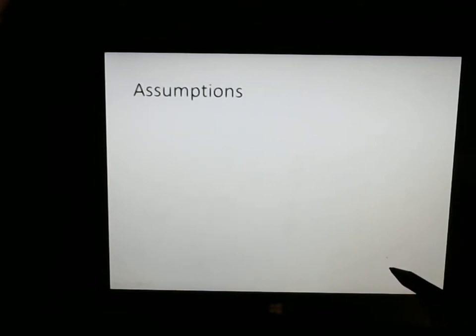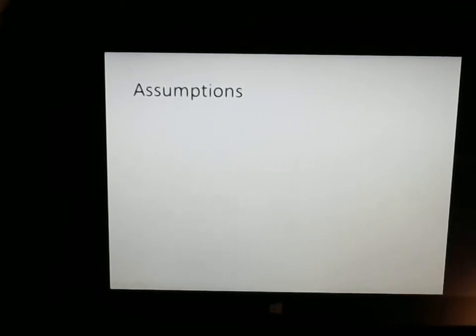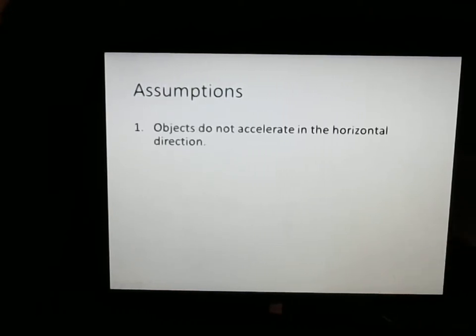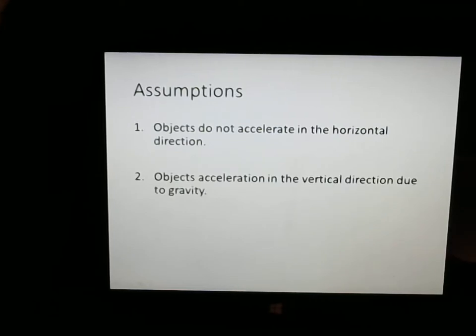So before we get started with projectile motion, we need to remember a few assumptions. The first to remember is that all of this is happening in a vacuum. In reality, air is pushing back against the thing moving. They have little collisions with the air particles. But to deal with that math, it makes things a bit more complicated. So for the syllabus level, we ignore it. And so that means objects do not accelerate in the horizontal direction. That's our first assumption. But objects in the vertical direction do accelerate due to gravity, because gravity is going